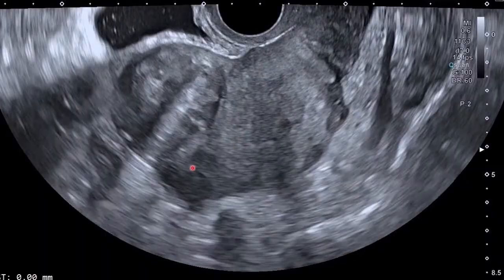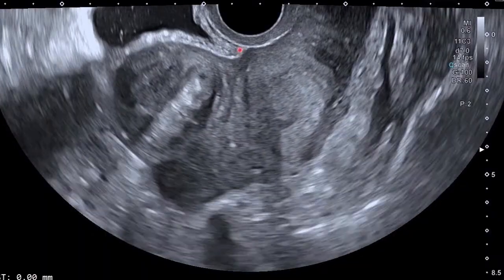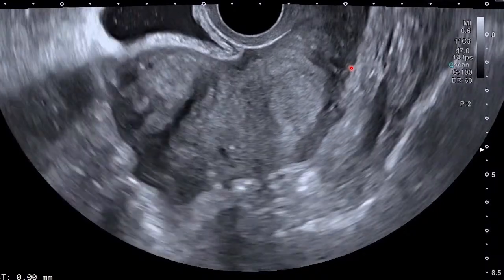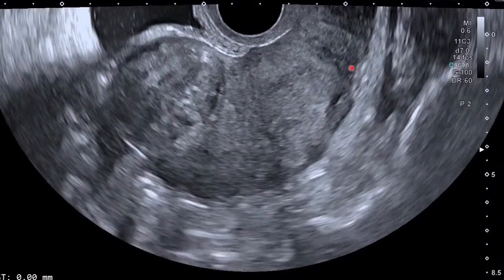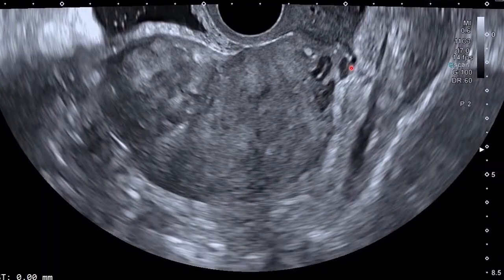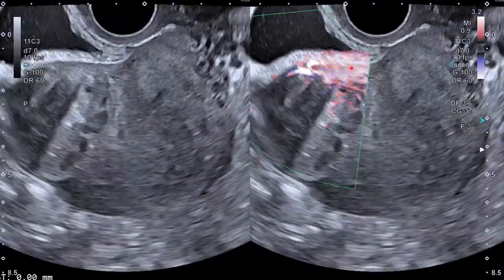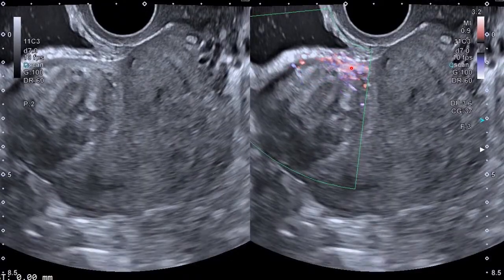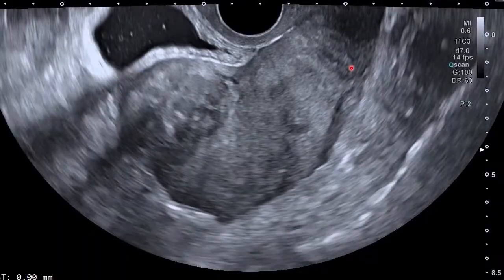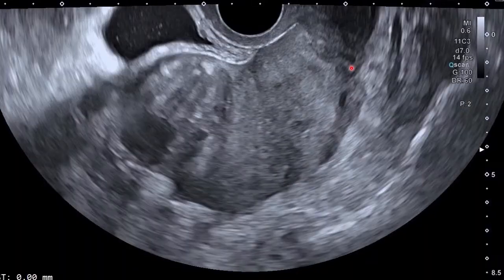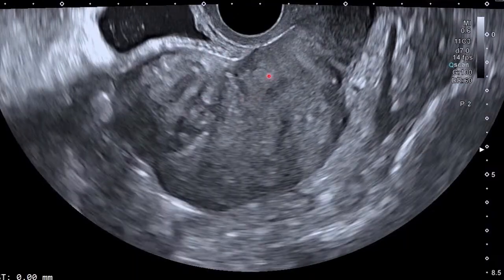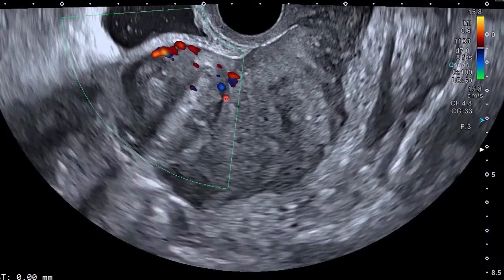I'm still very much shocked by what that thing is. But let me say my thinking in this case. I am thinking of a hydatid cyst. A vaginal hydatid cyst is very rare, but the morphology of that mass is the morphology of an echinococcus cyst, a hydatid cyst, with the daughter cyst structure that you've seen there. That's my line of thinking, that this is a vaginal echinococcus cyst, but